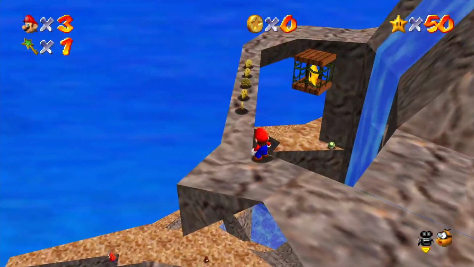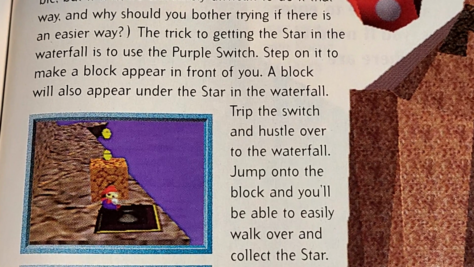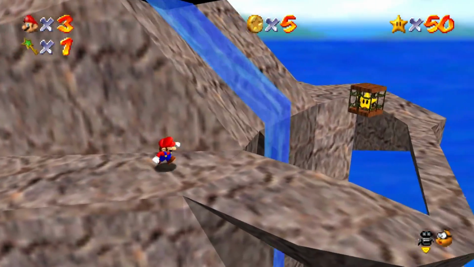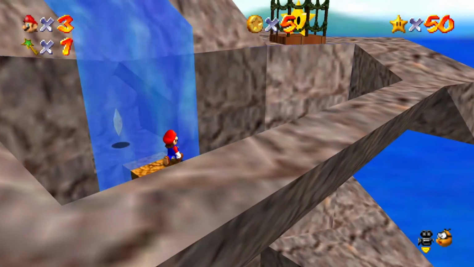Another learning experience for me for the star behind the waterfall is that you're actually supposed to use the purple switch here to spawn in a block in front of the waterfall to help with this jump. I honestly had no idea this block ever appeared here, but I gotta admit, it does make the jump a